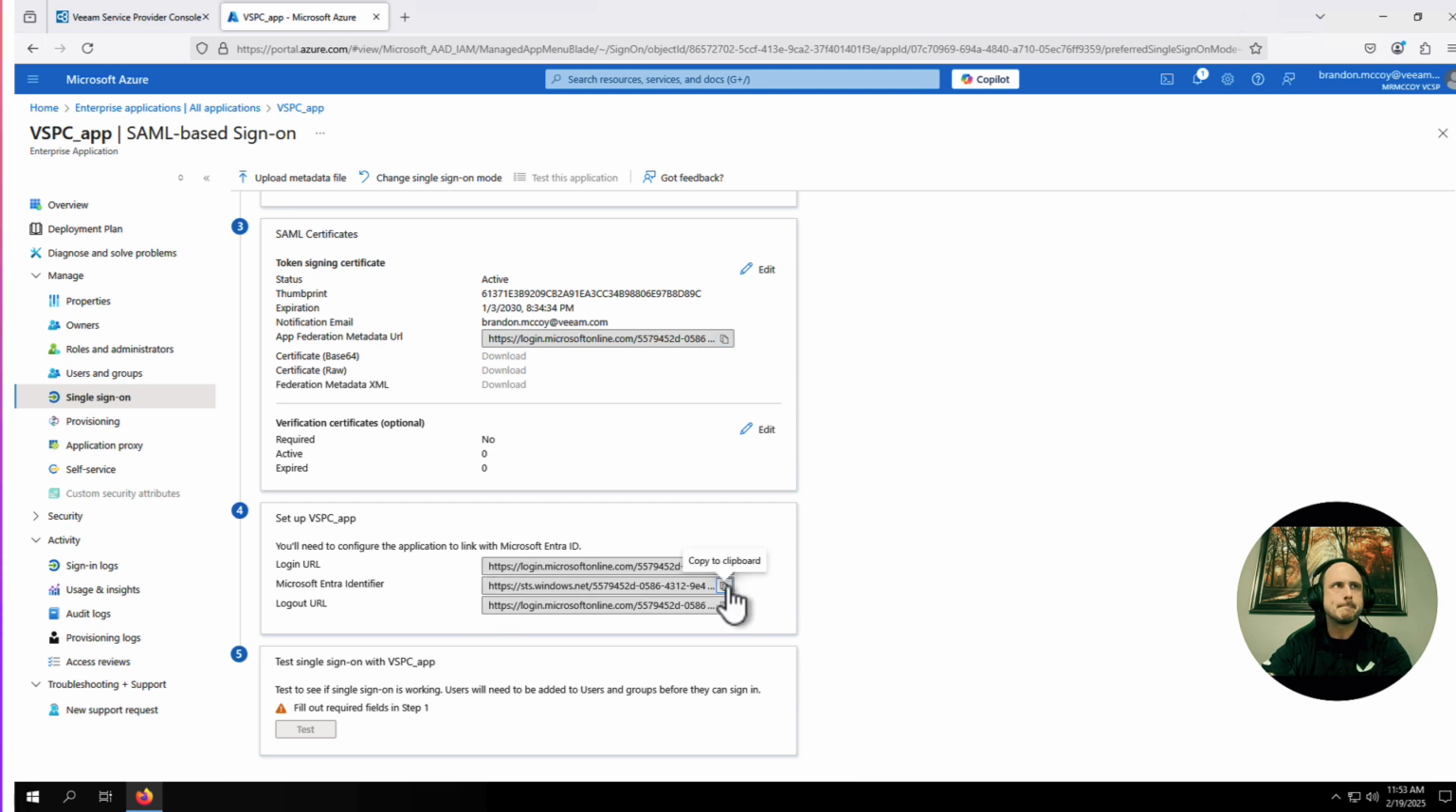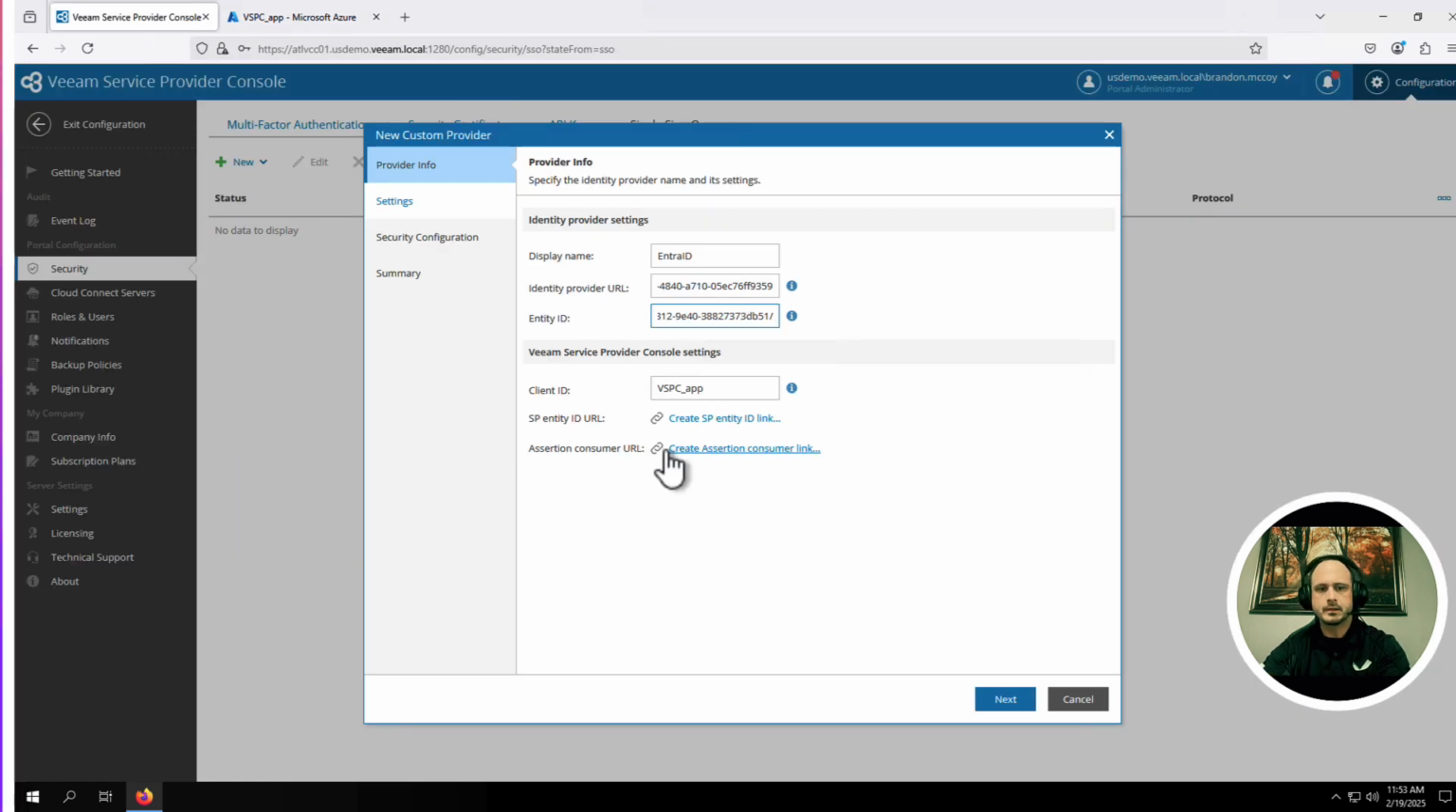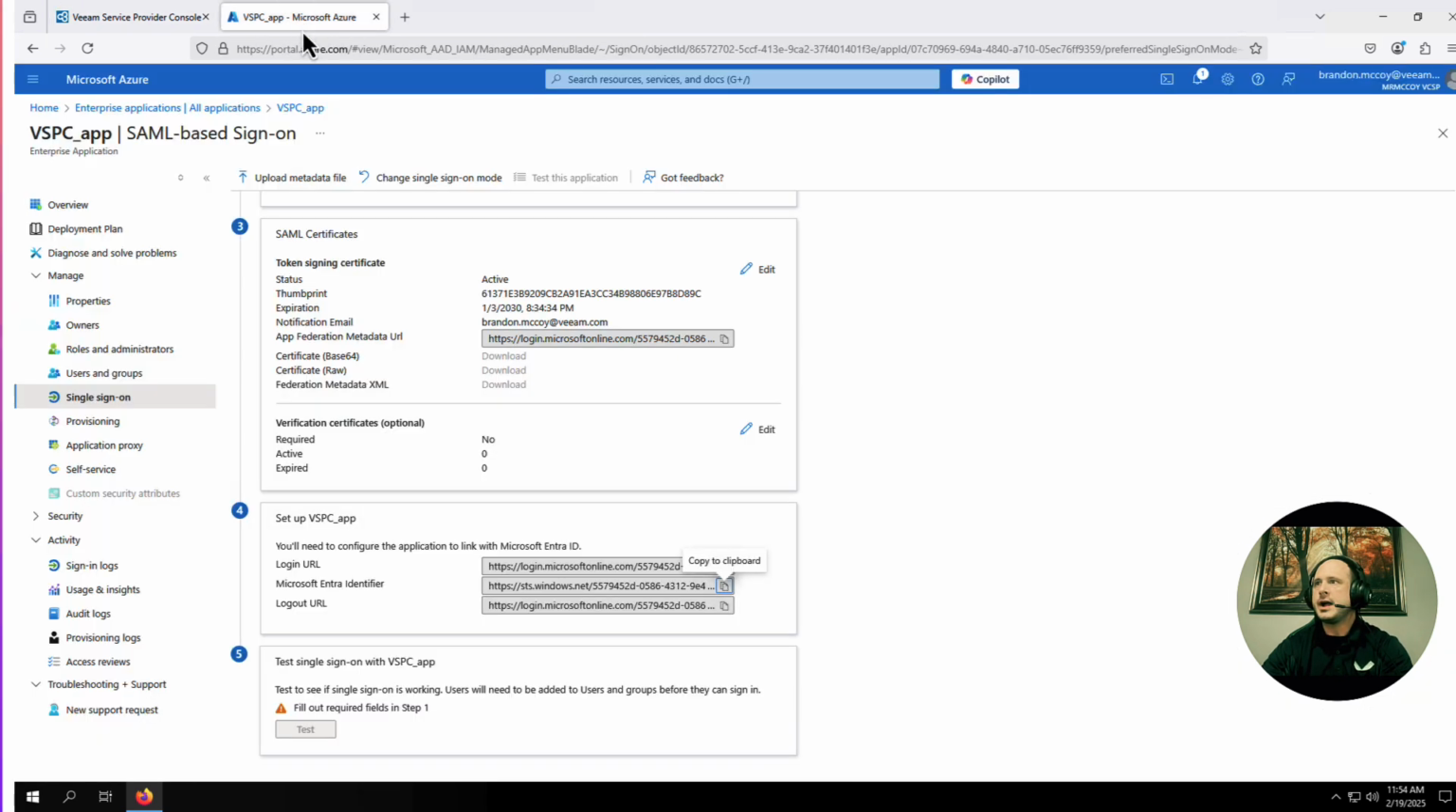Okay. So we'll put that right here. All right, next thing's next. Service provider entity ID URL. Now, this is actually something that the console will generate for you. So let's go ahead and click Create. And let's also go ahead and create the assertion consumer URL. Okay. So this first one, the entity ID URL, copy that and drop that